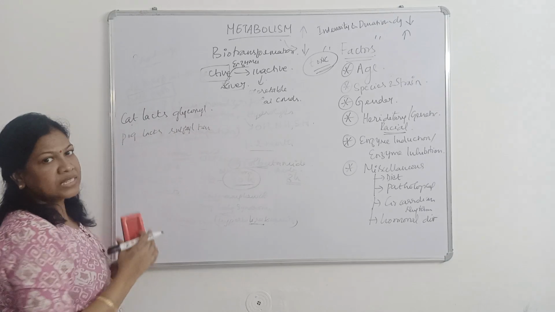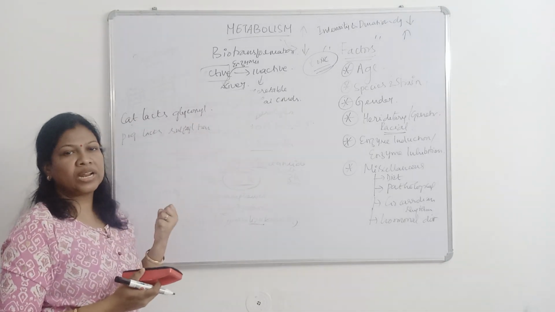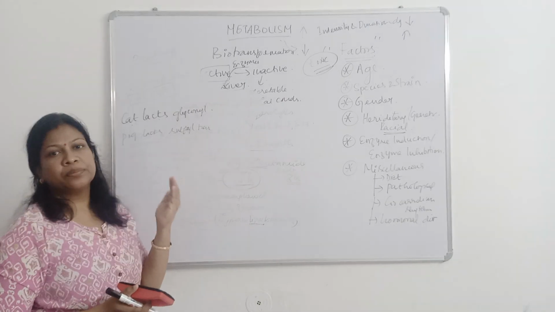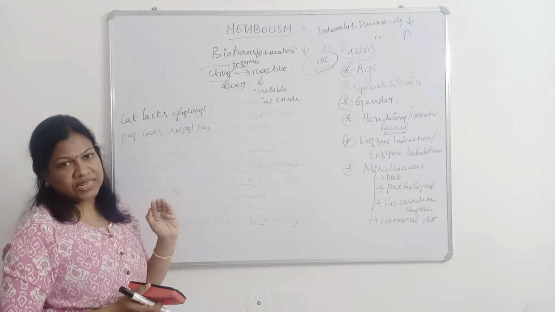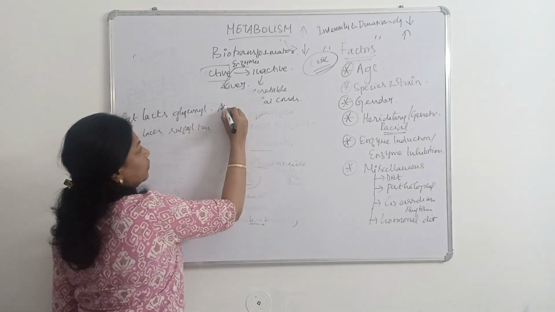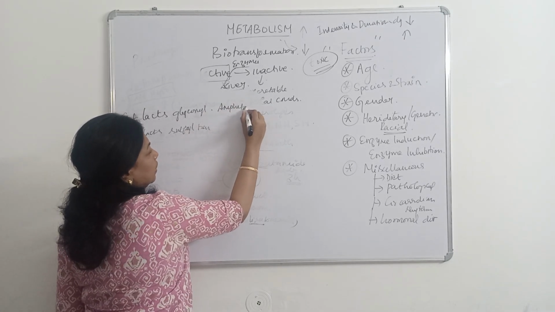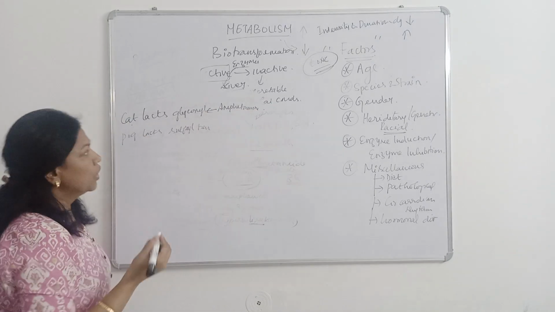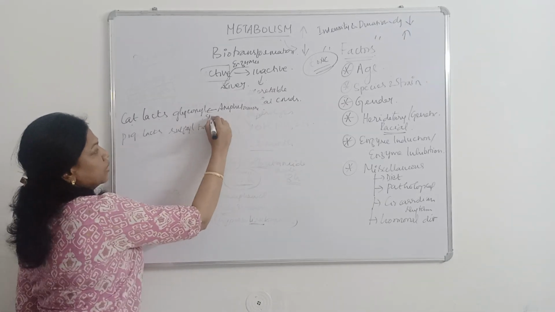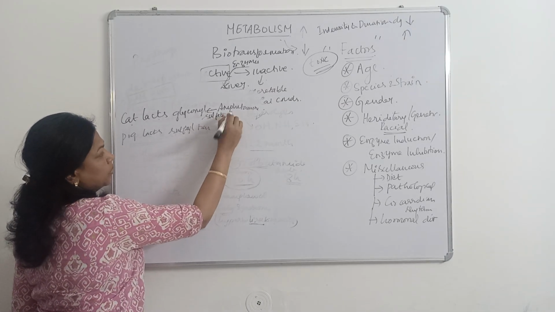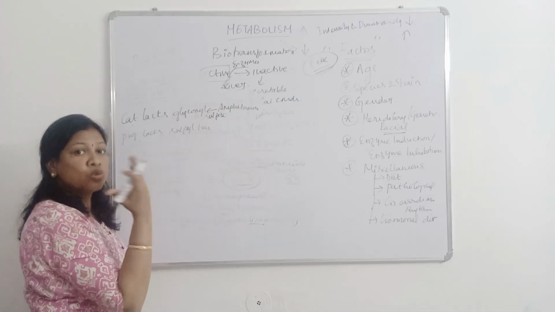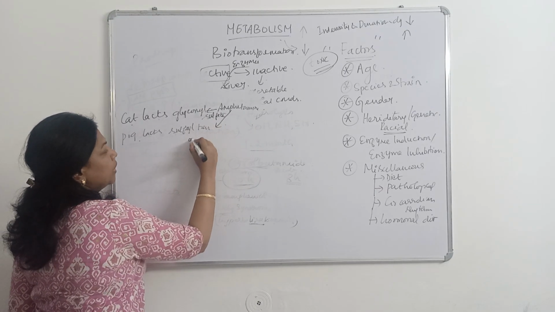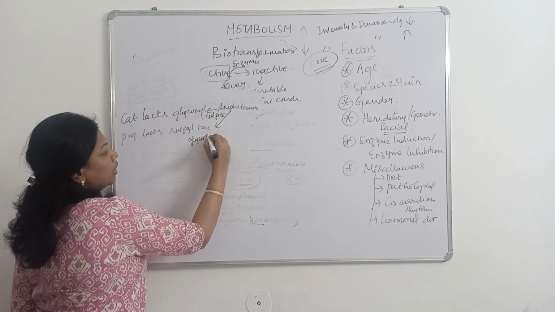Since the cat does not have glucuronide transferase, drugs which are conjugated by glucuronide transferase, like amphetamine, will be conjugated by sulfate conjugation instead, whereas the pig has no sulfotransferase enzyme,